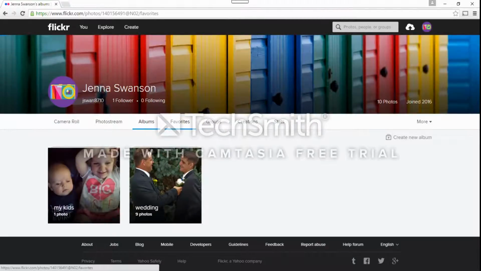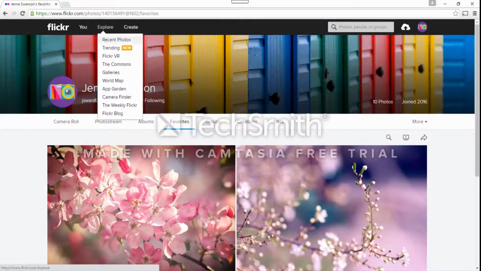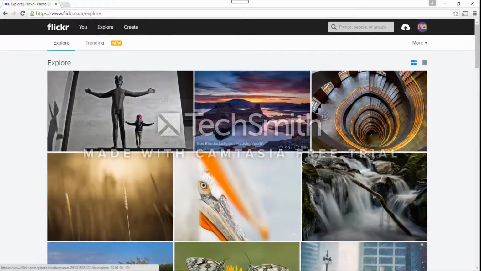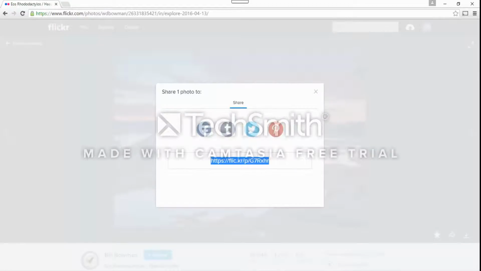You can look at other people's photos by either searching, using the homepage, or clicking on Explore to get to other people's photos. And you can, let's look at this one. You can favorite it by clicking on the star. And you can share this photo through